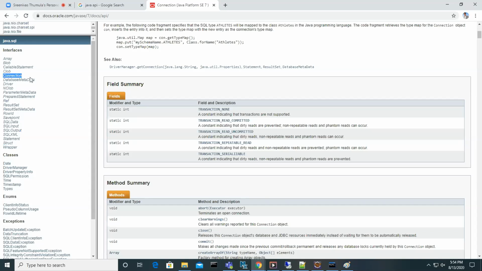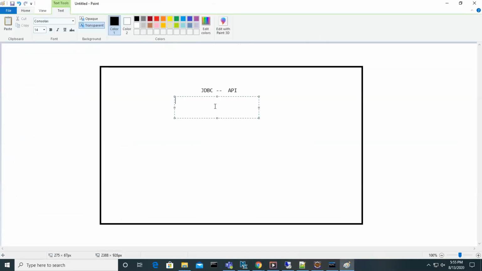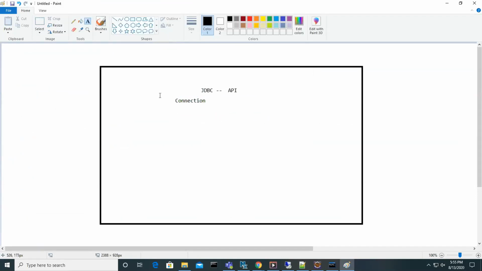Okay. So let's take this Connection. Connection is part of java.sql, which is the JDBC API. The purpose of this API is to work with JDBC, I mean database operations. We will look into that in detail, how to connect to the database and how to do all the operations. But before that, the purpose of this is to connect with the database and do the operations. So Connection is the interface which is part of the JDBC API, guys.